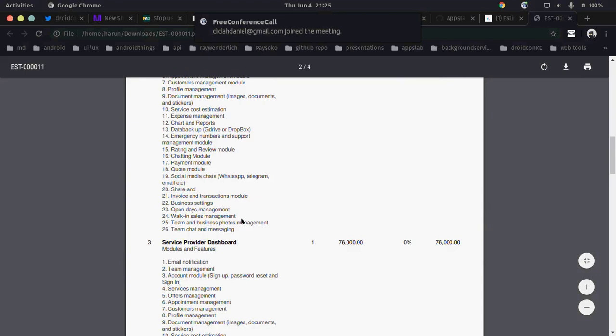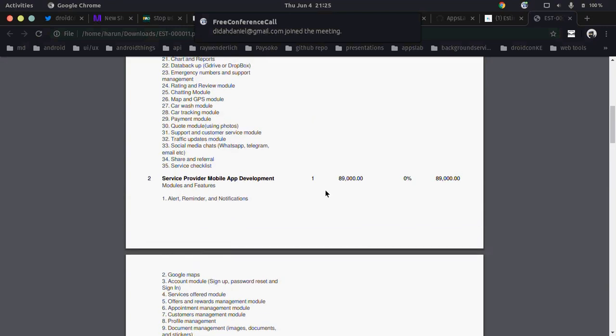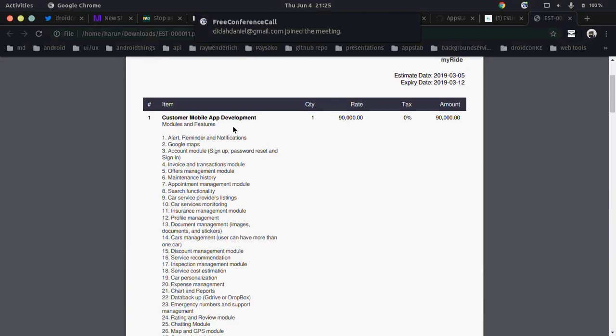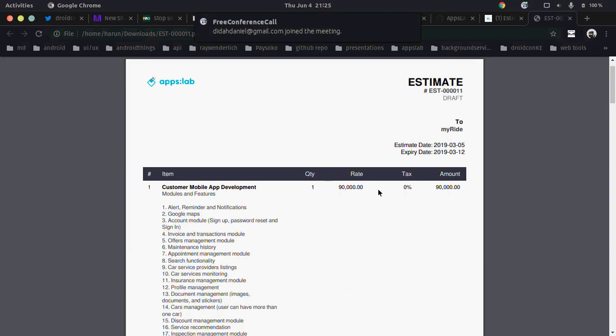It's always good, don't be brief. At times, being brief can really mess you up, because they want you to justify how you arrived at this 89,000. So in case you don't know how to break down the features for someone to see, they'll look at this and say, 90,000 for all these features? So list until you reach 35. By the way, this is low. You have to break it down until that person at least sees that it's worth that rate.